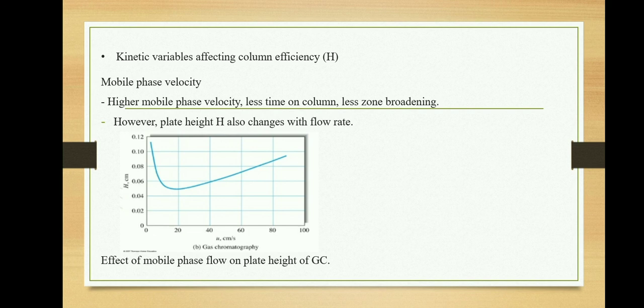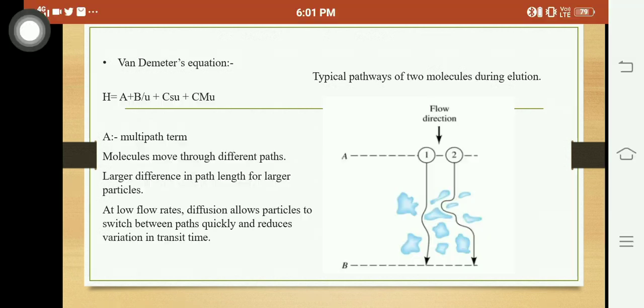Here we can see a check-mark shaped graph for GC, where plate height is plotted on the y-axis and flow rate of the mobile phase on the x-axis. The mobile phase in GC moves faster. That is the reason we get this shape of curve. The curve that we just saw is Van Deemter's curve, and the equation given here is Van Deemter's equation. We use this to optimize a method and to select the best flow rate, and the A, B and C terms describe all of the factors for efficiency.